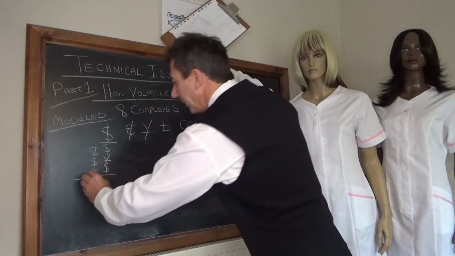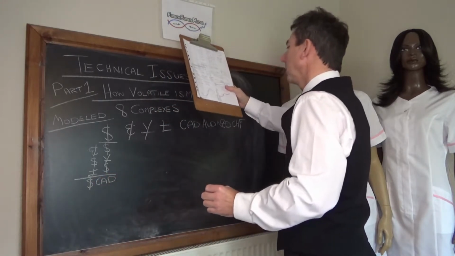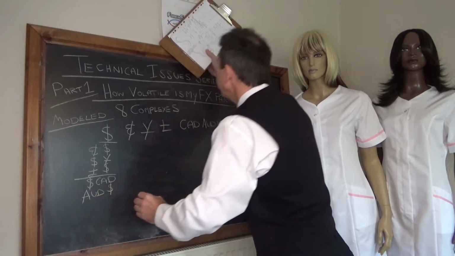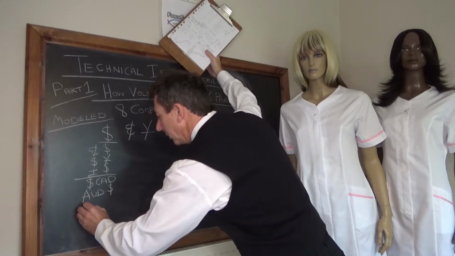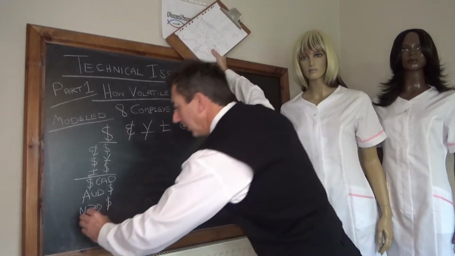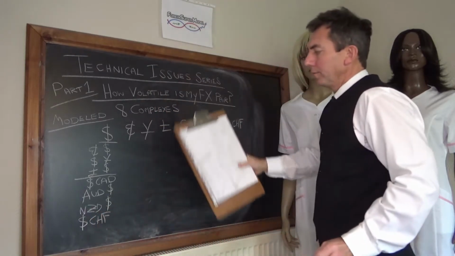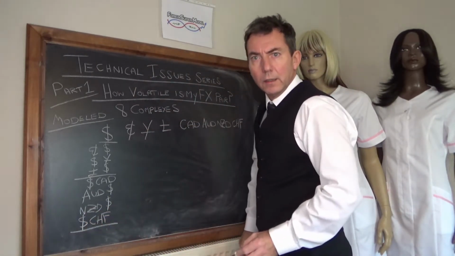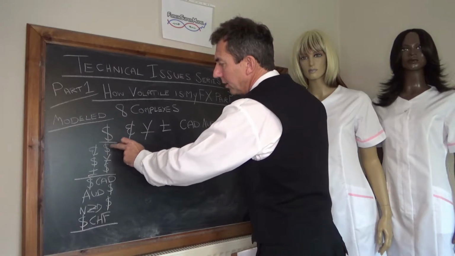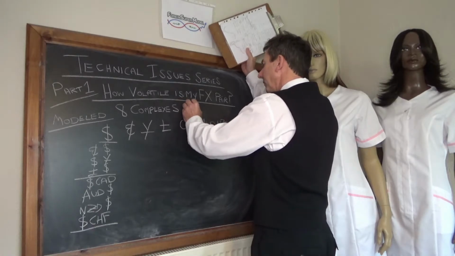Then you've got the dollar CAD, which is the first bolt on. So you've got the dollar CAD, the AUD dollar, the NZD dollar, New Zealand dollar, and the dollar Swiss franc. Now, if you notice, there are seven pairs in a full complex. So 8 complexes, 7 FX pairs